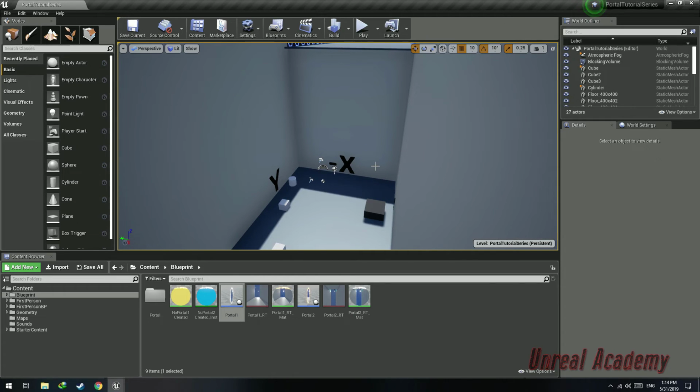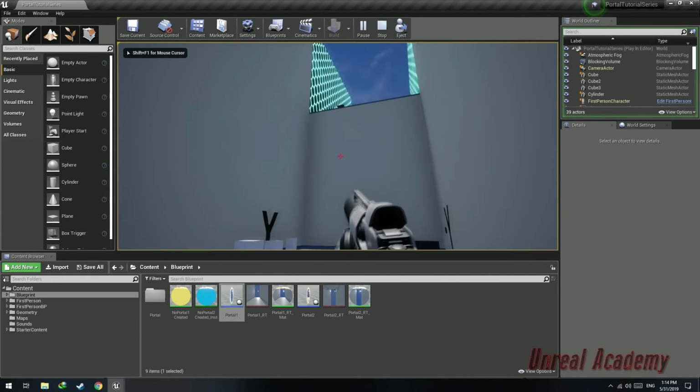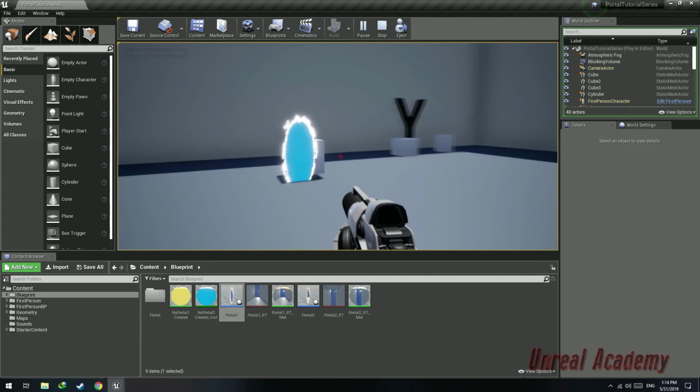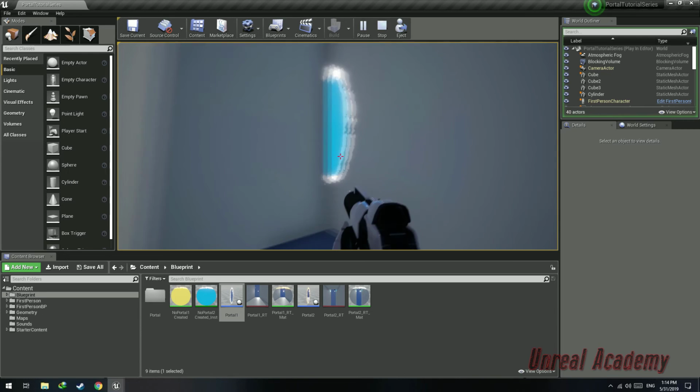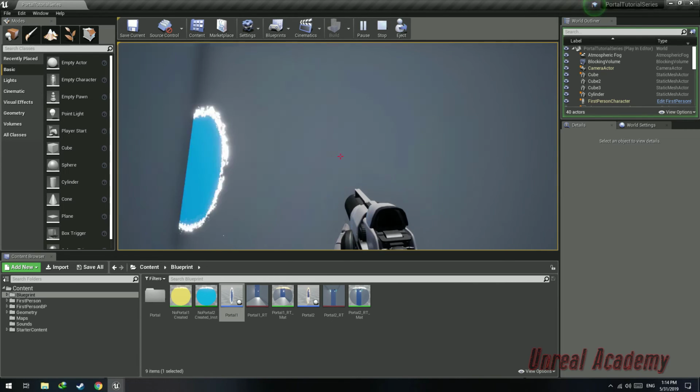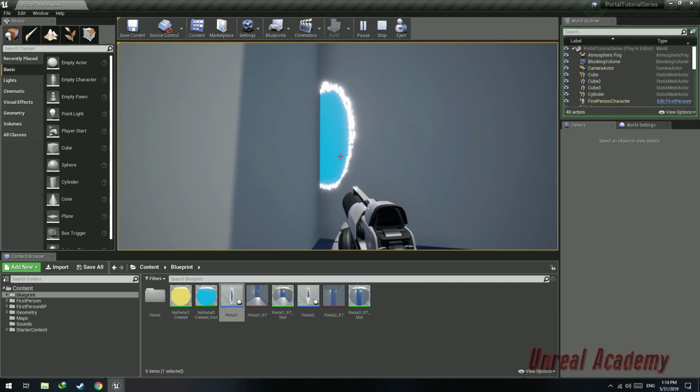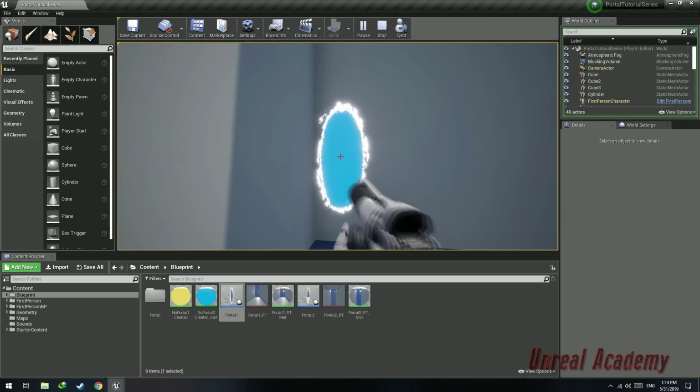In my next video, I'm going to be showing you how to only spawn the portal in places where there is enough space. So currently the portal will spawn anywhere. Let me show you what I mean. Like if I shoot on this, it will spawn here. If I shoot in the corner, half of the portal will be outside or not visible. I'm going to be showing you how to automatically move the portal so that the portal's position is like this